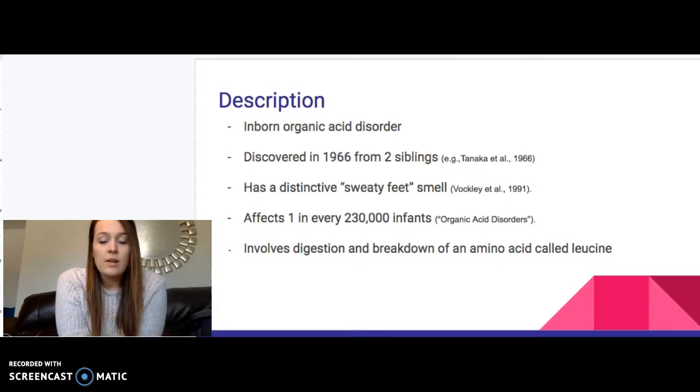It was discovered in 1966 from two different siblings. They had the same recurring symptoms of metabolic acidosis that resulted in coma and stupor. And this doctor recognized the distinctive smell that was associated with this from the specific acid that builds up in the body. So it has a distinctive sweaty feet smell, and that is from the isovaleric acid building up in